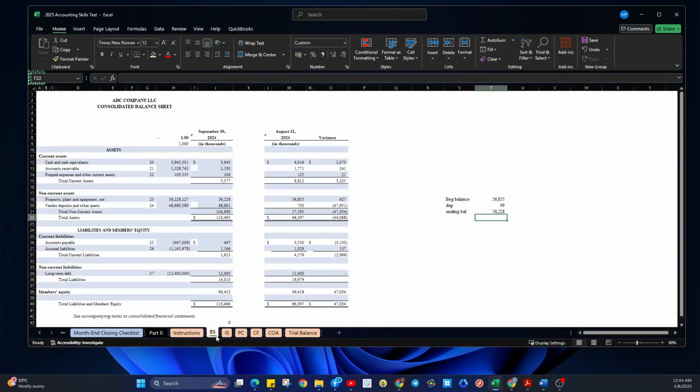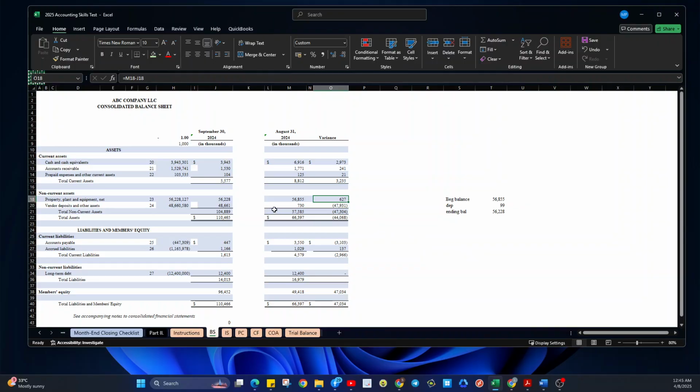So let's go back. As you can see, the PPE beginning is 56,855, but it went down to 56,228. So what's the net impact? There is a net reduction of 627.